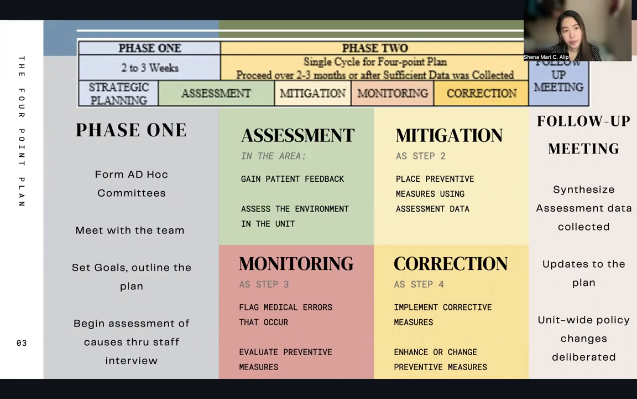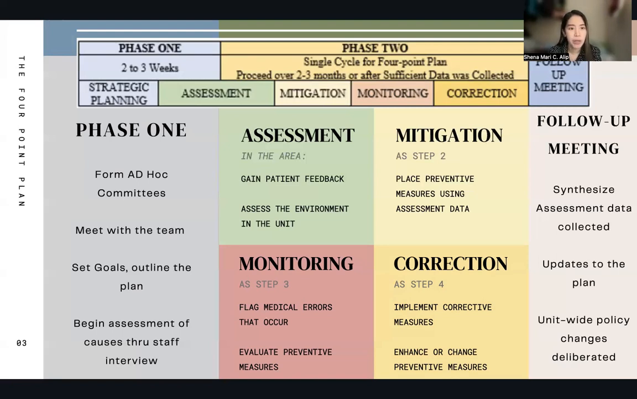After the plan is in place, we are armed with the vulnerability data from the staff, so we can proceed to step 2, the execution phase, where a single cycle of the 4-point plan is enumerated. This plan is designed to run for 3 months, until sufficient data has been collected so we can proceed to conduct the follow-up meetings. In this phase, it is patterned after the nursing process, where we begin with the all-important assessment in the area. This is where we interview the patient for feedback and start our observation of the unit